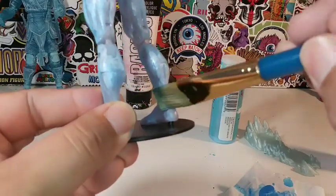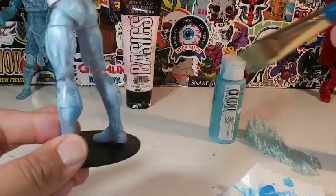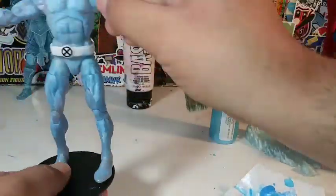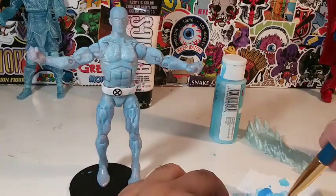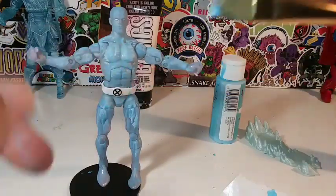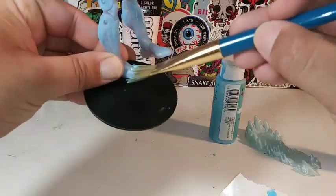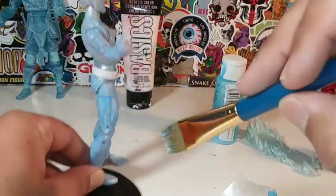It's pretty simple. And don't feel like you guys have messed up. Don't think of it that way. Just think of it like, if I put too much white there, then you can always go over it with some blue paint. So see how the tip right here has some of the blue and the white? It doesn't matter. Put some of that on his foot, shin area, thighs,